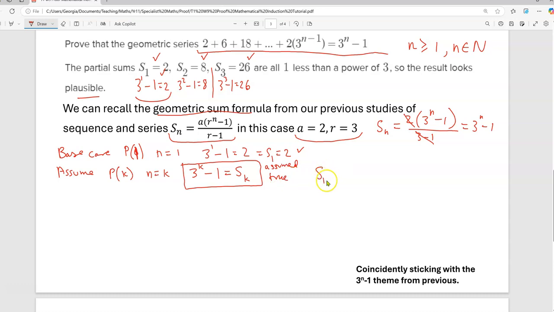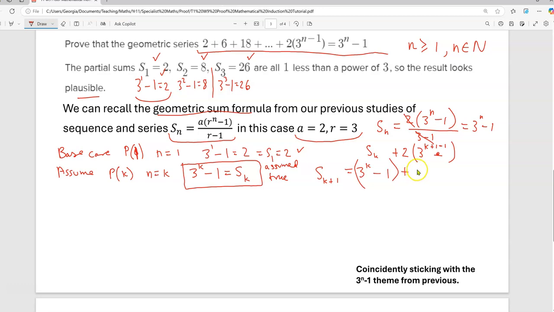If we want to get s, the next value in the geometric sum, we know we need to add to this value that we have, the next value. This is s of k. We need to add the next value, which we know from the formula is plus 2 times 3 to the power of k plus 1 minus 1. Okay, that's what that formula says up there, which is going to be,